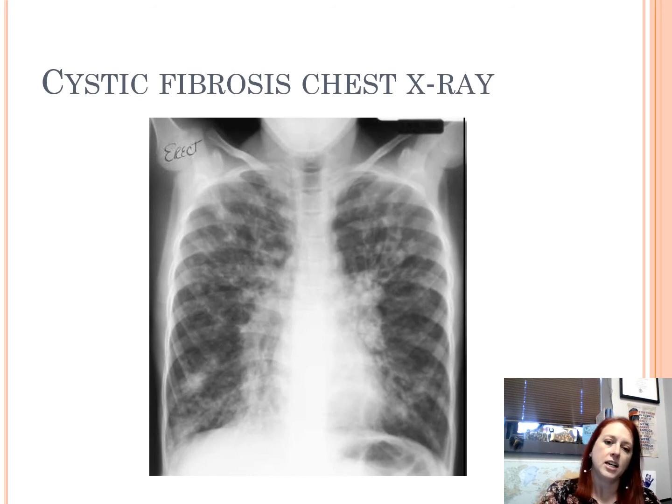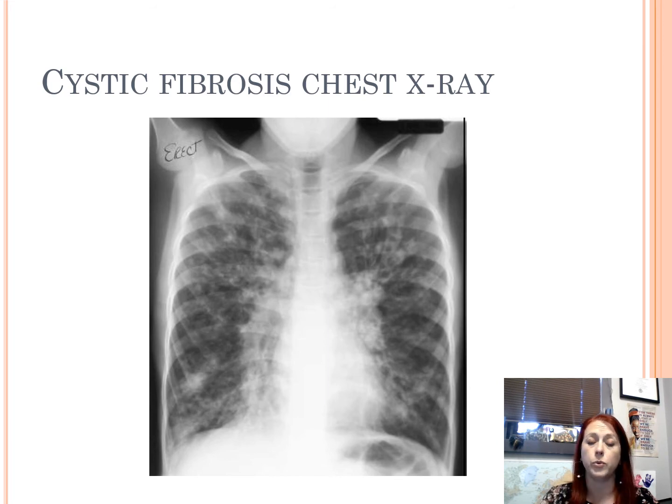So this is a chest x-ray, kind of a typical cystic fibrosis chest x-ray. A couple things to note in it. I know you guys don't get a lot of exposure to reading chest x-rays, and we don't expect you to. It's not something you're going to be expected to do when you get out. But you will occasionally look at them and be able to make an educated guess about what the diagnosis might be for this kiddo. And remember I mentioned with the pneumonia patient, the white areas